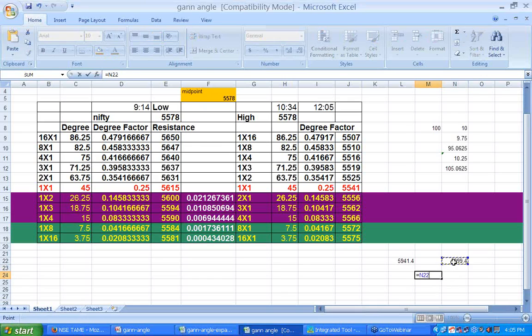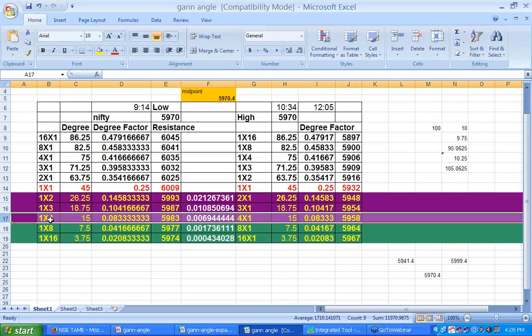I'll just take the midpoint of this, because the midpoint is a neutral point. It is neither high nor low. So 5970.4 is the midpoint. For today, for 1 hour data, once I take it into confidence, it tells me